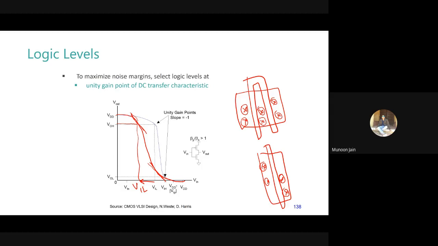Yes, sir. What I thought was that if we do the fingering part, the parasitic element will increase, due to which we can say that the delay in the layout will increase, and hence the performance in that particular example will not increase. That I thought. Maybe I'm wrong or right. I don't know. So when you solved that question, what did you find out? You thought that initially, but after you solved that question, what did you find out?